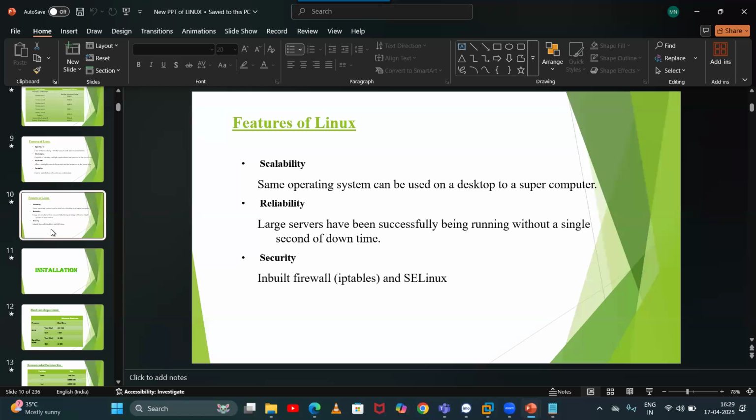We have client operating systems like 95, 98, ME, XP, Vista, Windows 7, Windows 8, Windows 10, Windows 11. These are the client operating systems we have. Server operating systems are NT, 2000, 2003, 2008, 2012, 2016. So in Windows, the client operating system is different and the server operating system is different. If you want to be a Windows administrator and learn Windows configurations completely, you must know both configurations.